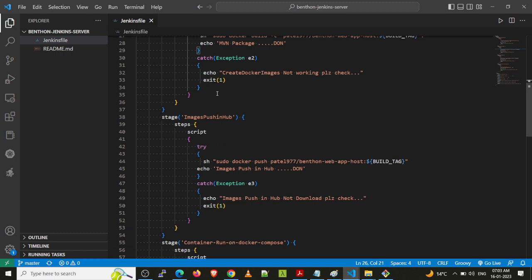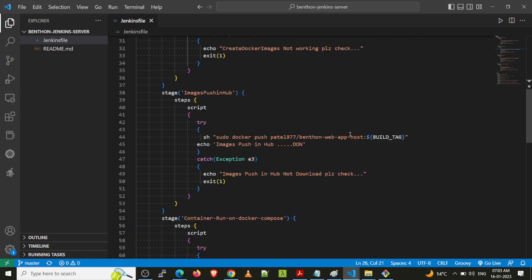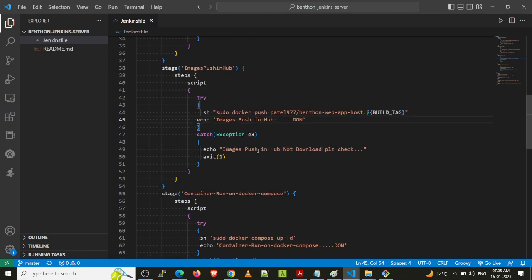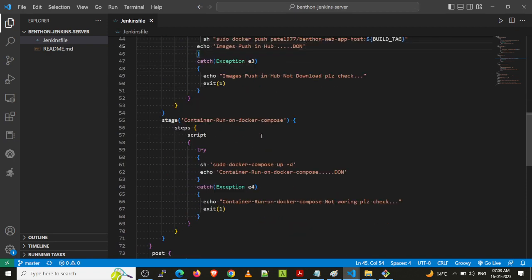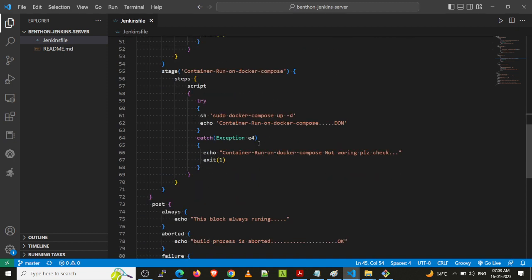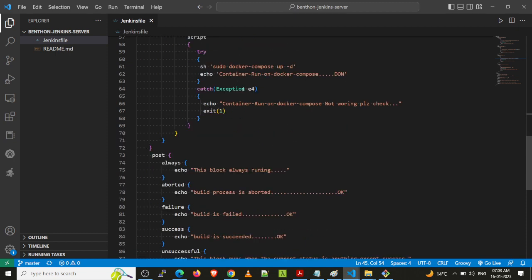This is the second stage, and after that we push this image to my Docker repository. After that we run the next steps. It means we run this container. We use Docker Compose to run this container. So we create all the things.